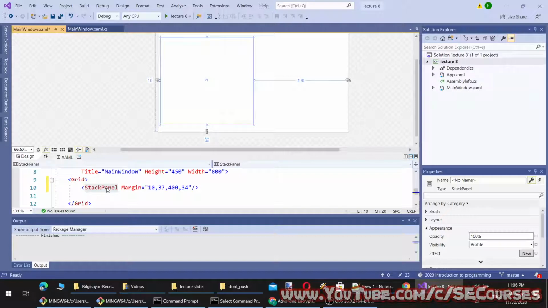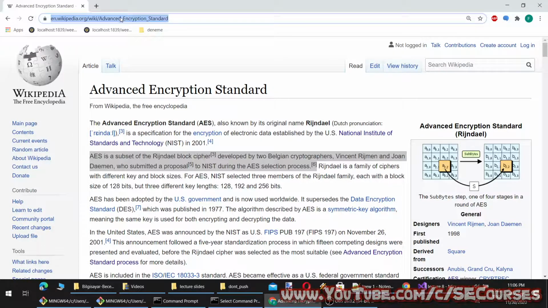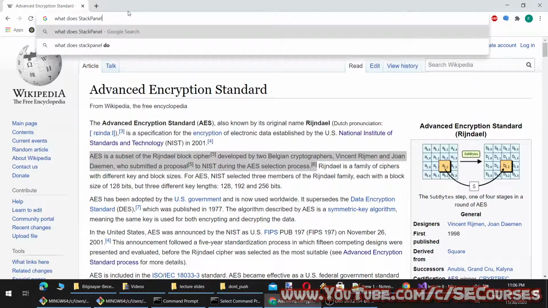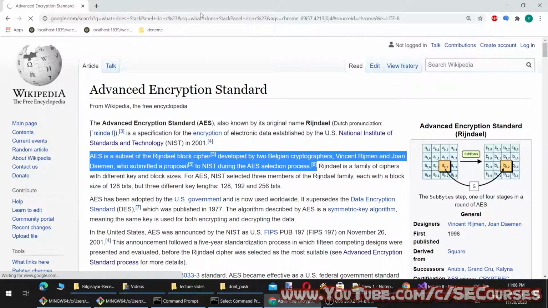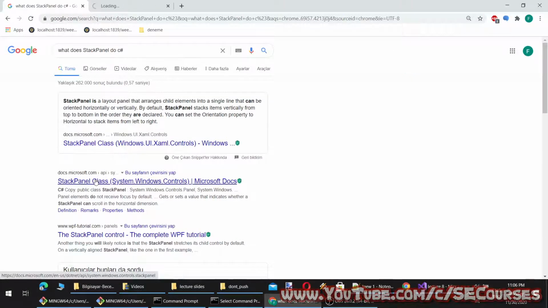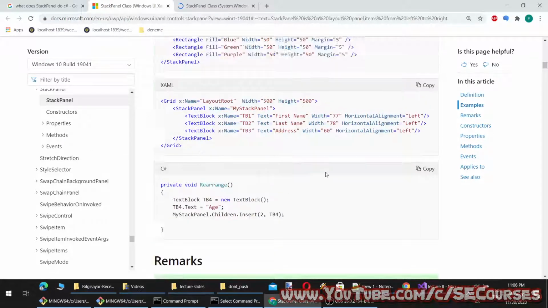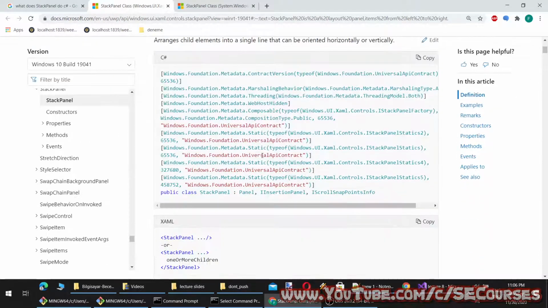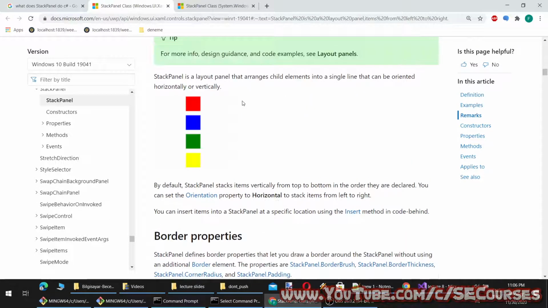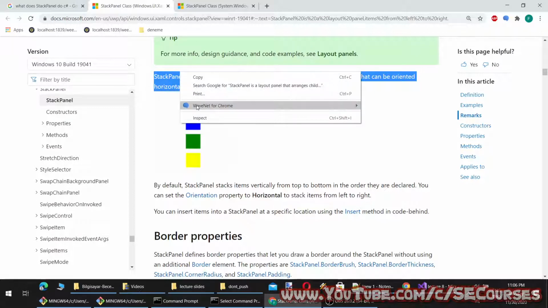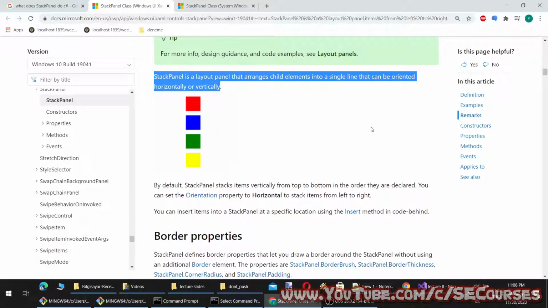Okay, so what does stack panel do? Let's check that. Okay. Stack panel is a layout panel that arranges child elements into a single line that can be oriented horizontally or vertically.